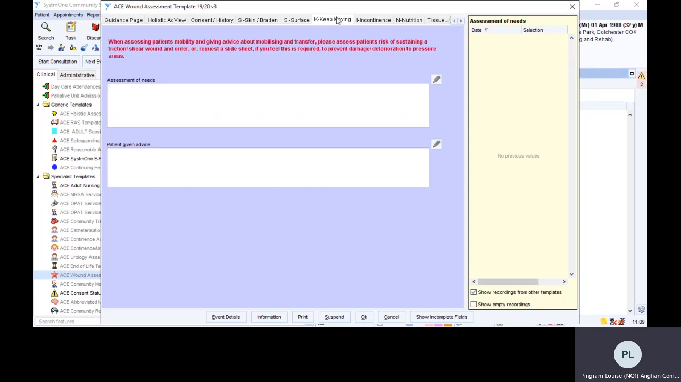So if the patient is sitting in their dining room for a prolonged period of time in their own home, you've assessed that actually they could be at higher risk because they're sitting on a hard chair. So you would then write that in there and then document it in the patient given advice box what advice you've given. So it may be that you've advised the carers that actually this patient needs to turn 4 to 6 hourly. It is also worth bearing in mind that this needs to be based on what's going on